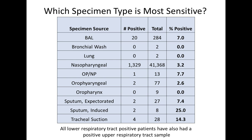So we picked apart our specimens coming in. Of course, we're doing lower respiratory versus upper respiratory. And I want to point out a few things. First, if you look at BAL, 20 positive out of 284 collected, that's a 7% positivity rate, versus our nasopharyngeal, we're only at a 3.2% positivity rate. I think on first glance, that may imply that BAL is in fact a more sensitive specimen source for severely